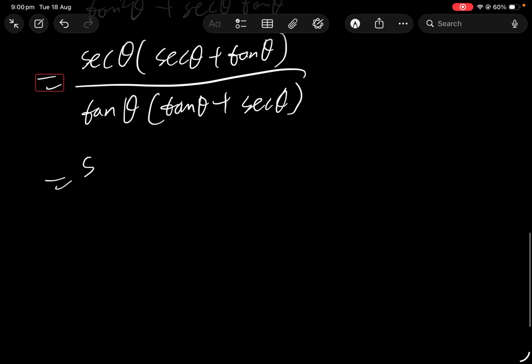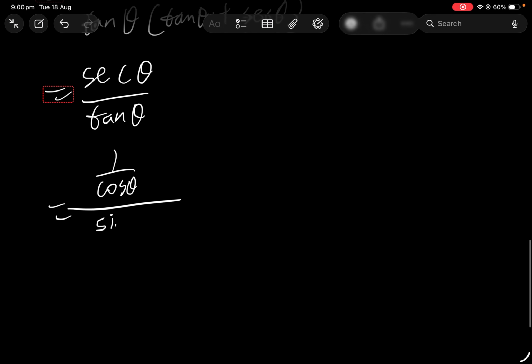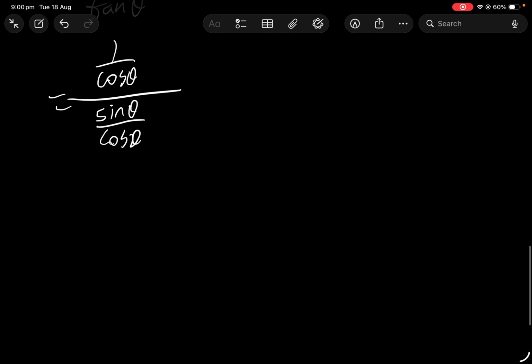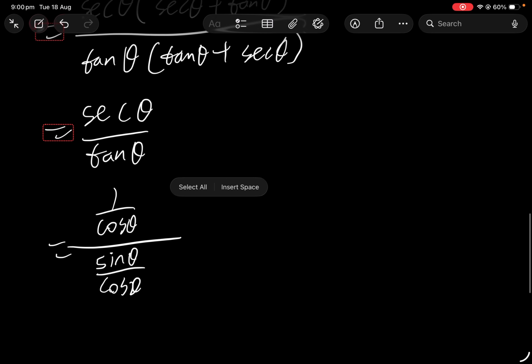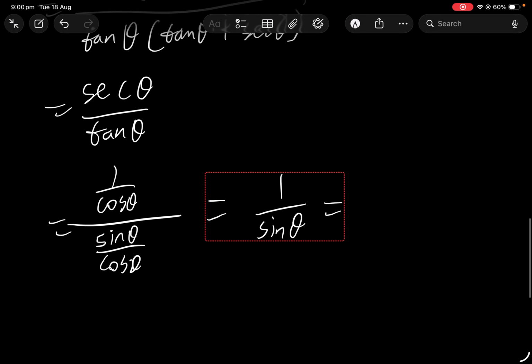So we'll get sec theta over tan theta, and that's literally 1 over cos theta over sine theta over cos theta. And we can times sine cos on both sides, and we will get 1 over sine theta, which equals cosec theta, which equals